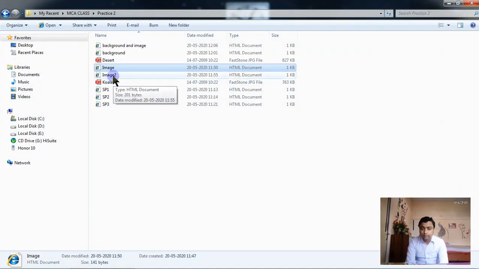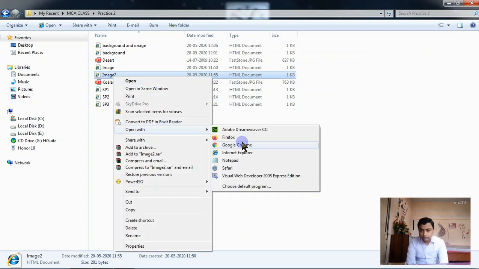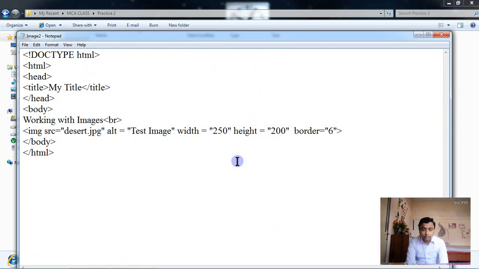Next, in the next example, I have inserted one image along with some attributes like alt, width, height, and border.